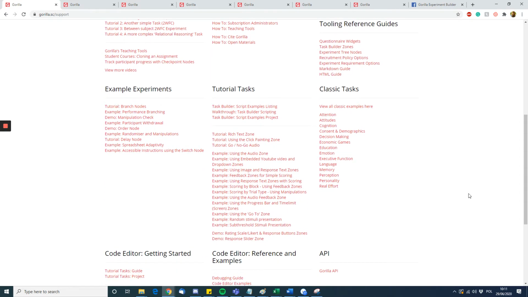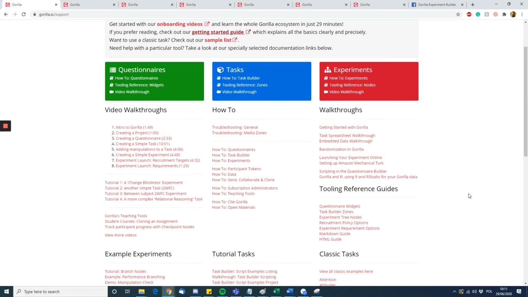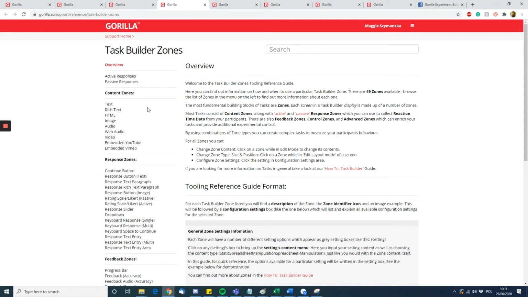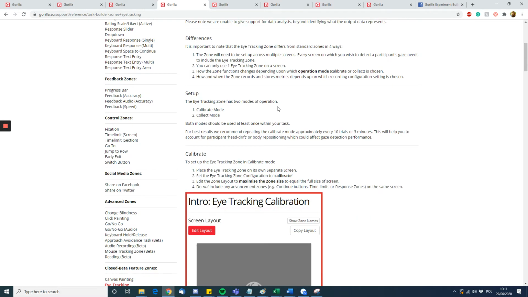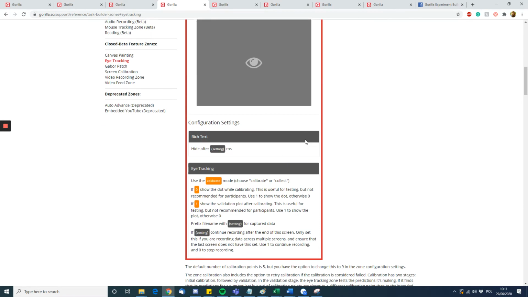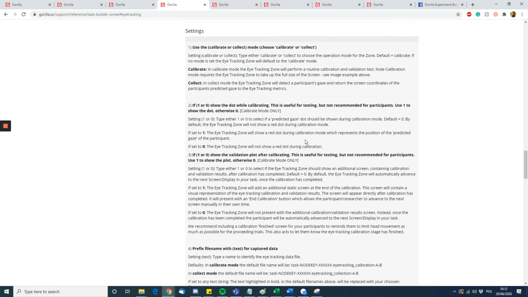page. So for example, let's say that you wanted to know specifically about the eye tracking zone. You could go to the task builder zones, you could go all the way down to the closed beta feature zones and have a look at the eye tracking. And here you'll have the information, how to use it, and then also a bit of information about metrics at